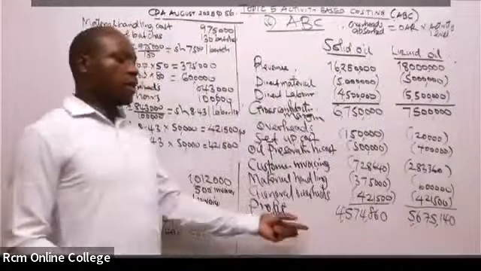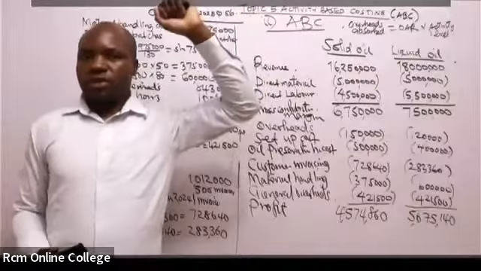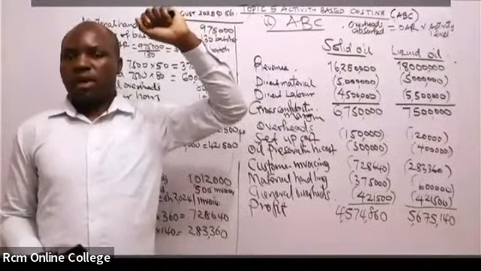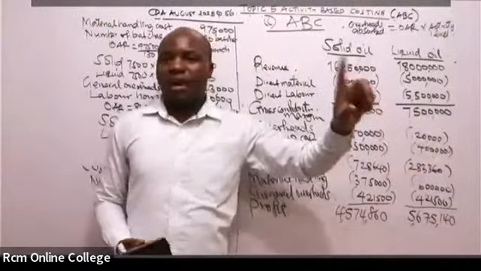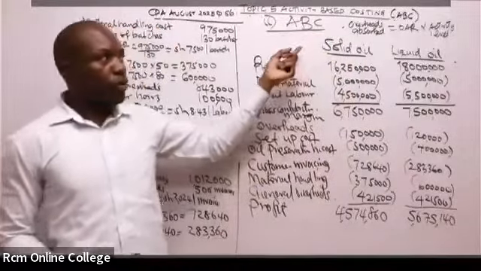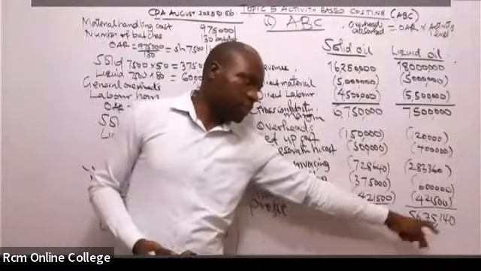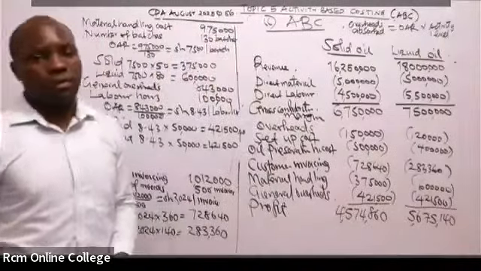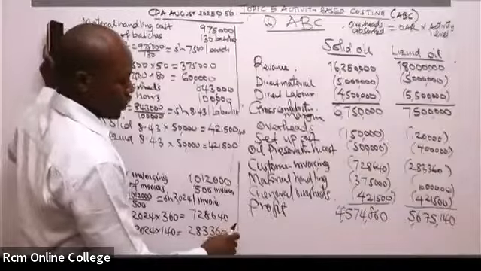Good. So if you can recall, the other one you are getting using traditional, you are getting 4750, right? Then this other one you're getting around 5500. But now using this method, the ABC method, 4574, 5675. Good. So from there, can you now go ahead and give us what we call profit per unit or